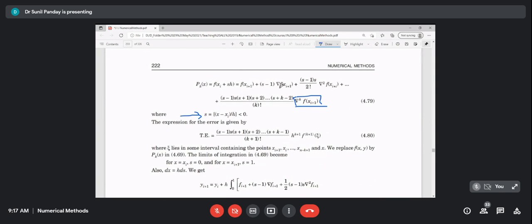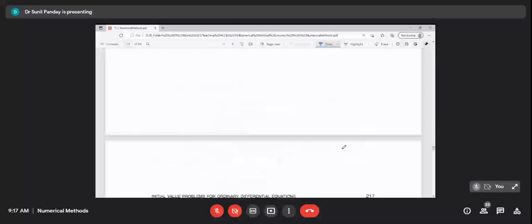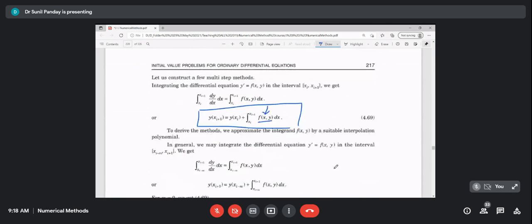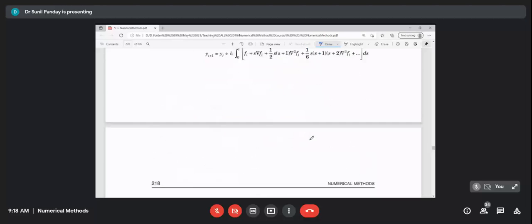So now we substitute this in the integral equation equivalent to our differential equation, this one. We substitute the approximated polynomial equivalent to this f of x, y in this equation 4.69. If we substitute this, we will get